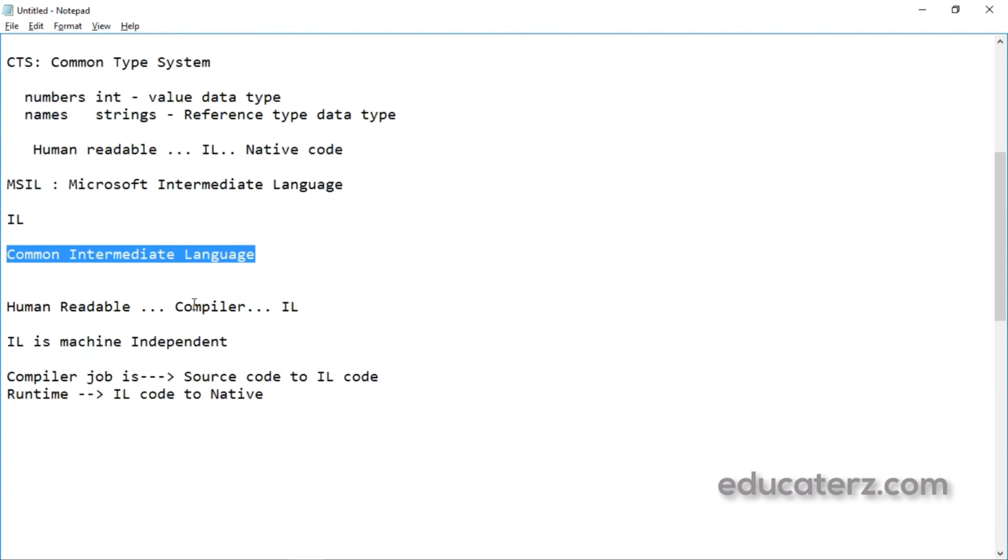The compiler converts the human readable format to intermediate language, which is a machine independent language. The compiler's job is source code to IL code, and at runtime, IL code gets converted into native code, which can be understood by the operating system.